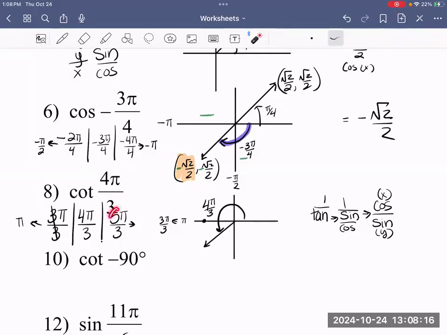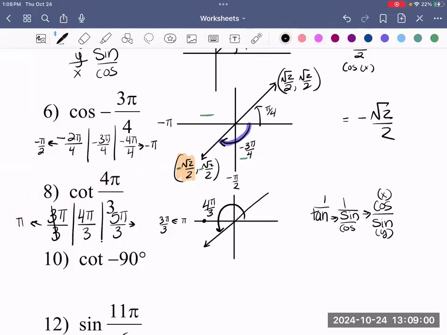Now, if we wanted to, we can also assess 6 pi over 3, which is just another way to say 2 pi, and 2 pi being all the way over here. So when we talk about just being a little bit less, 5 pi over 3 must be somewhere over here, which again doesn't give us a whole lot of usefulness. So if, unlike the one above, it gave us lots of context, one of these values should give us a little bit of an idea of where we should be. So now that we know that it is located in the third quadrant,